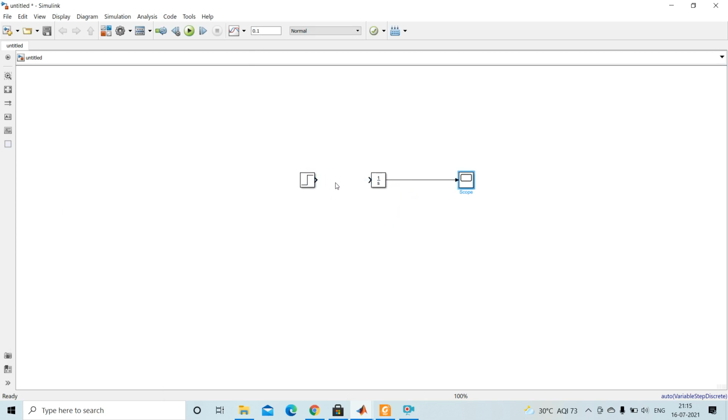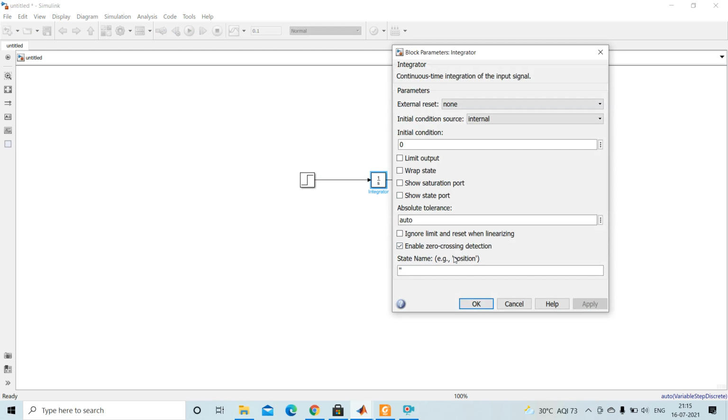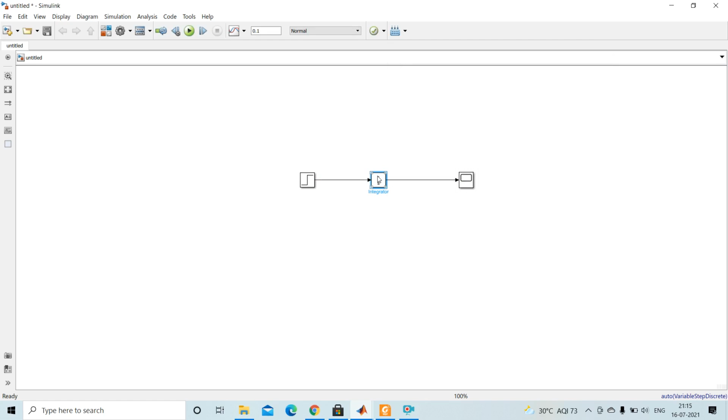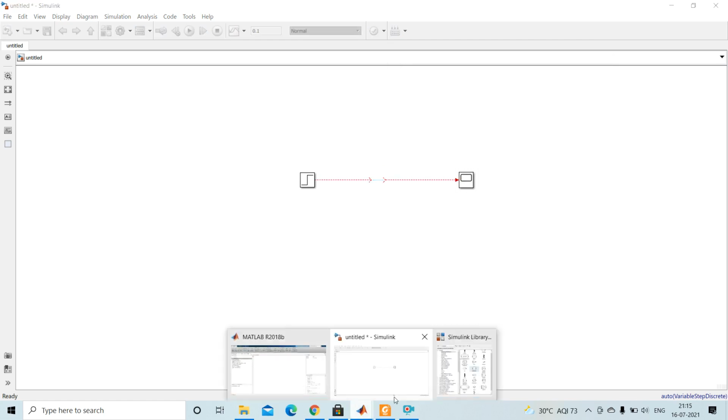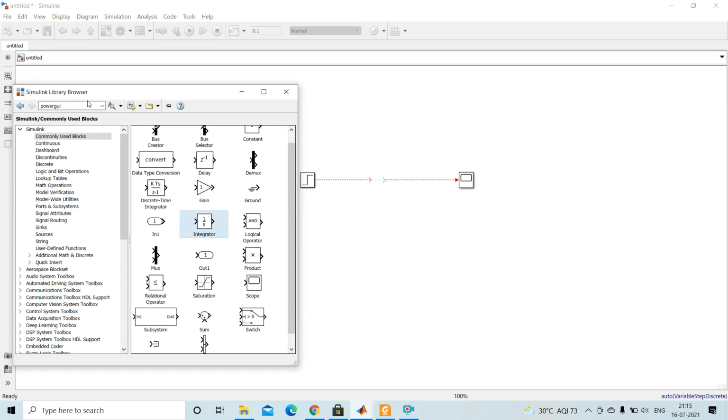Connect this, and change its value over here. Go to the browser, then type transfer function.